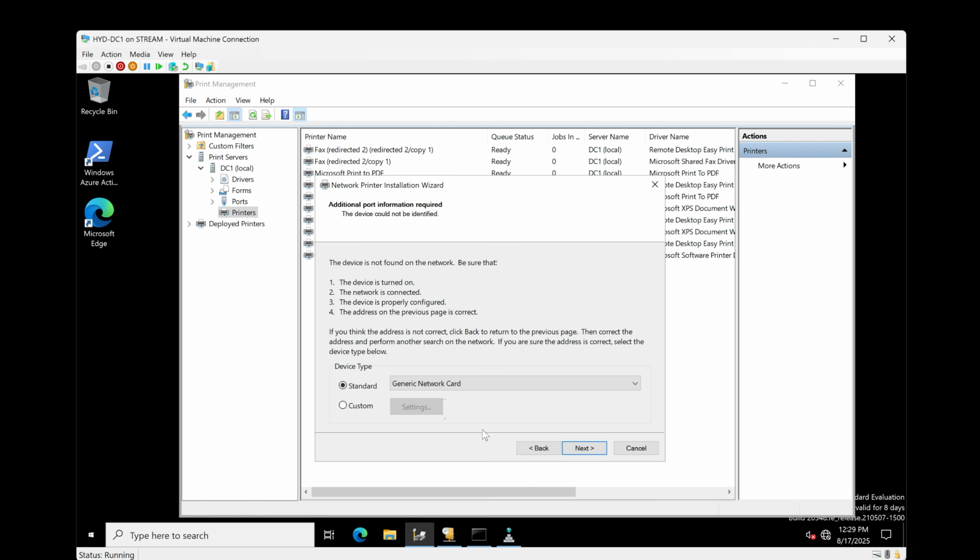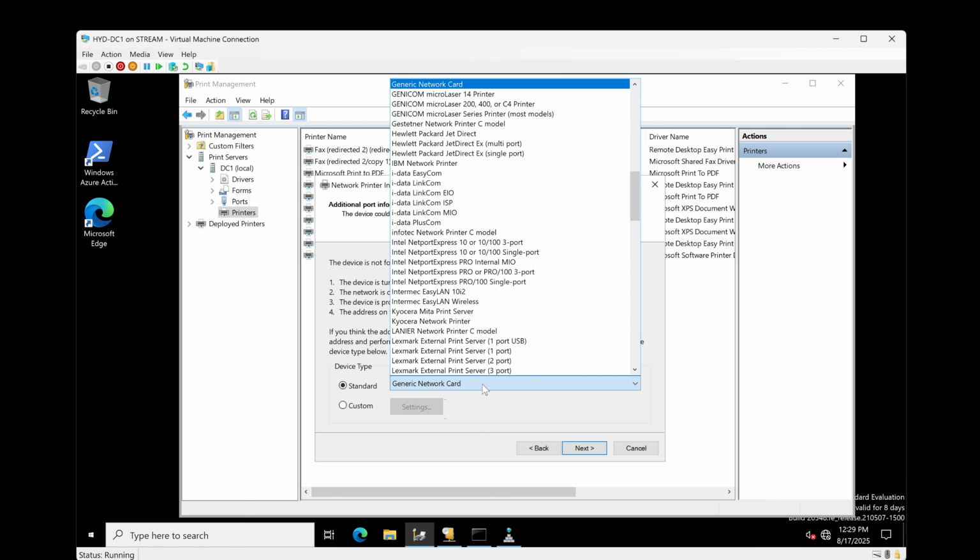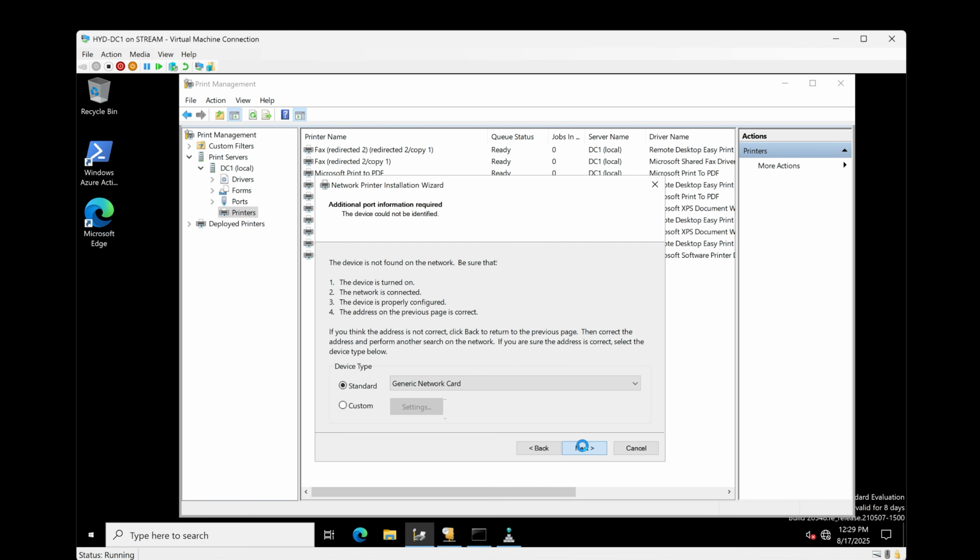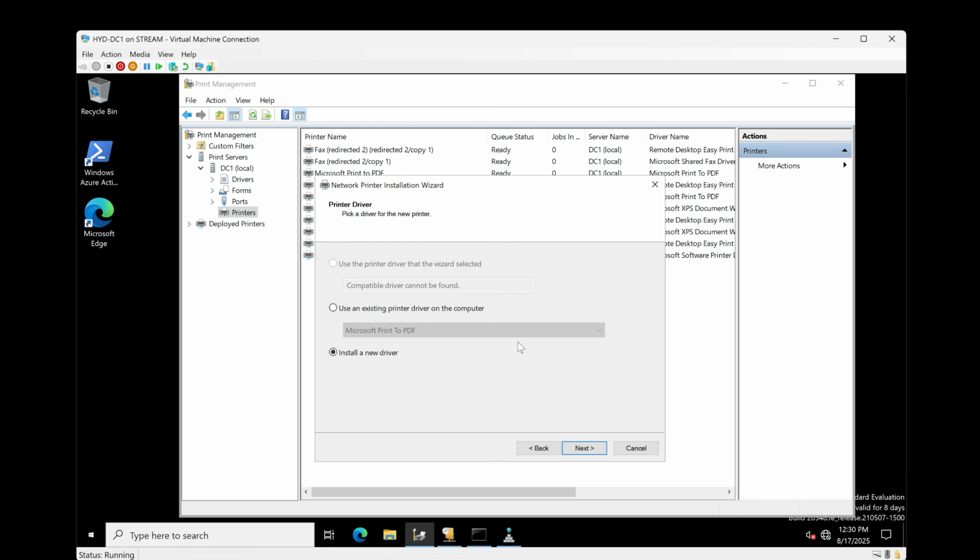Okay, so obviously it didn't find it, but we can kind of cheat it here, and we can just specify that it's a generic network card, just so we can move on to configuring the printer that we are going to use. All right, and here it's asking us to install a new driver. We can use an existing driver if we have it available, and you can select any of these here, or